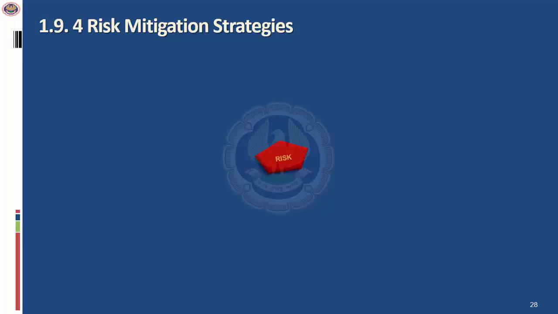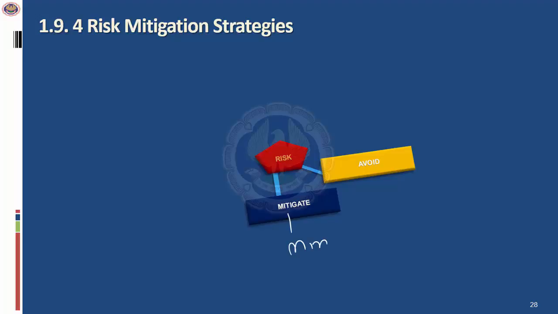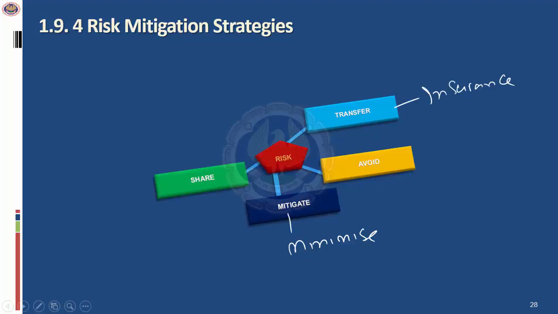Now this lecture is not just to be heard, this is also to be seen, because you'll get a lot of clarity when you see the linkages in the flow. Risk you can avoid, which means you decide not to do the activity itself. You can mitigate by minimizing the risks, by applying the right level of controls. Or you transfer the risk. How do you transfer? By taking insurance. Or you share the risk with another entity. This also could be through insurance. Or finally, you accept. You decide to live with the risk, because if you're doing that particular activity, you will have to accept that risk.